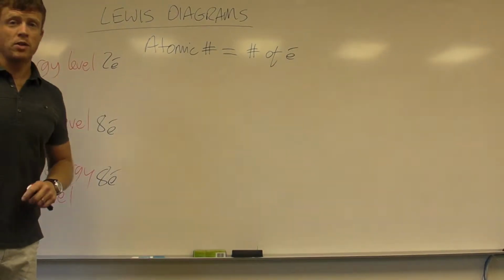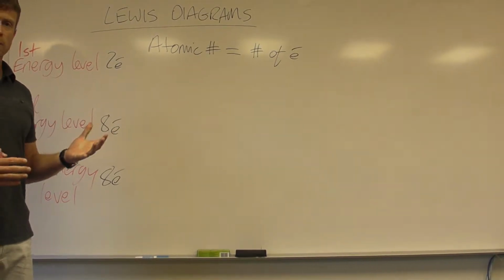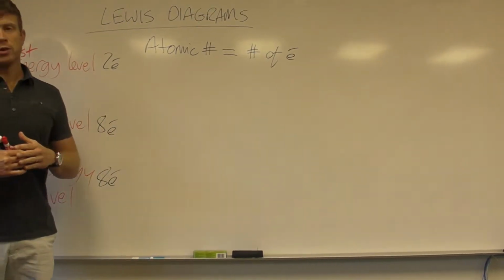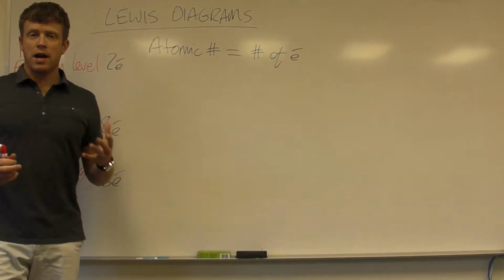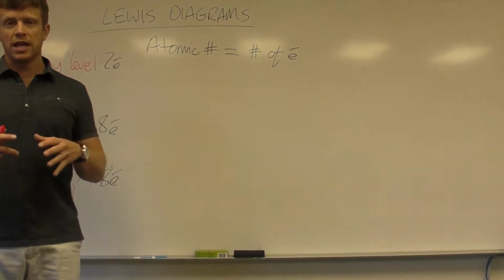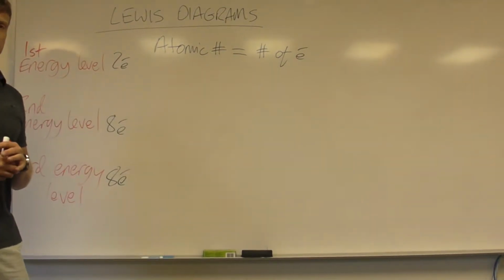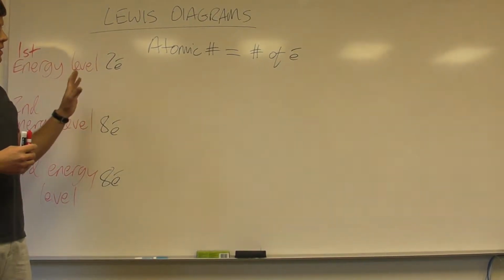So in this video I'm going to be talking about Lewis diagrams. Lewis diagrams were developed by a gentleman called Gilbert Lewis, who was working with covalent bonds. And covalent bonds are when two or more atoms join together to share electrons. And so he was looking for a way to represent them, and this is the kind of model that